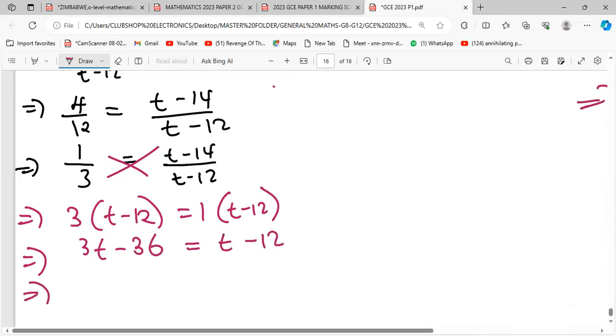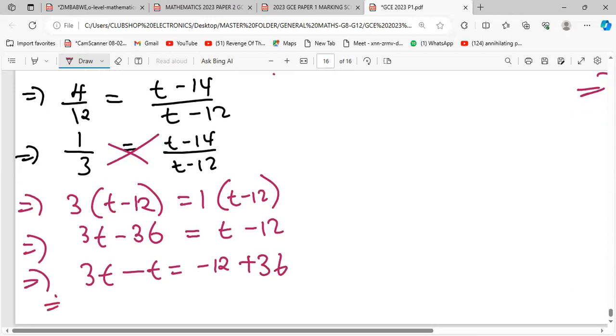So we can group the terms. 3T minus T is negative 12 plus 36. 2T is equal to